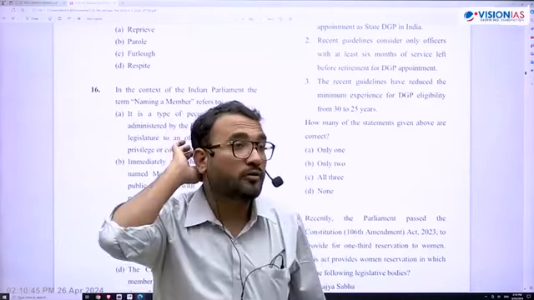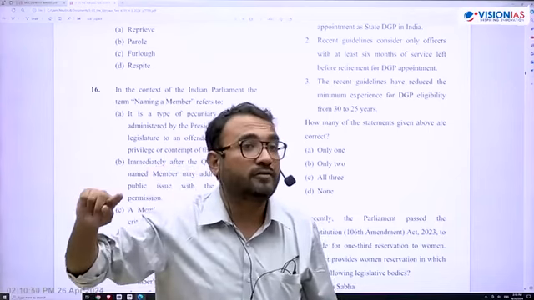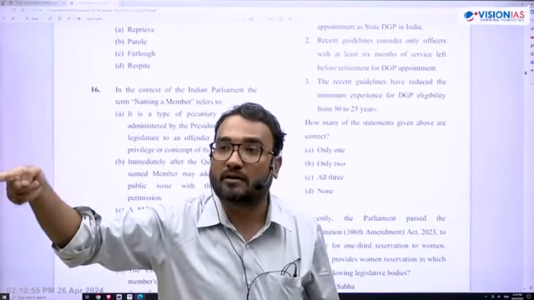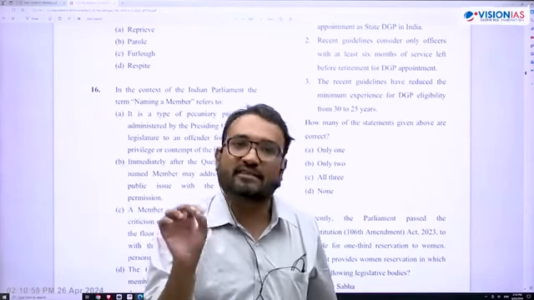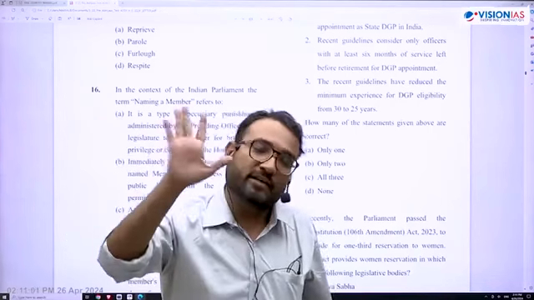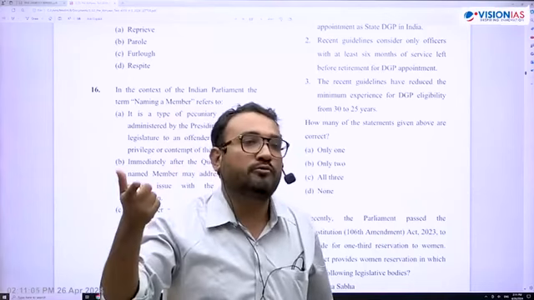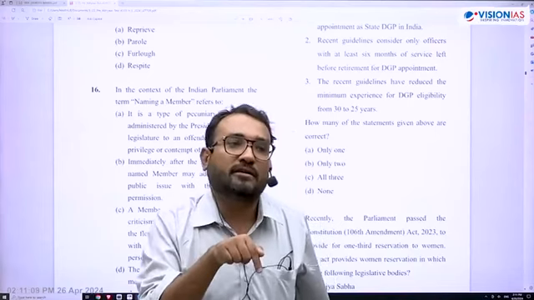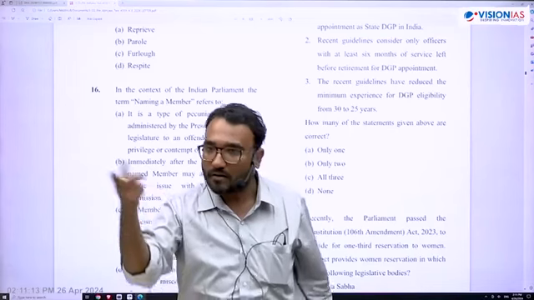According to the Rules of Procedure and Conduct of Business of Lok Sabha, the date of election of the Speaker is decided by the President. This is Rule 7 of Lok Sabha. So UPSC has already asked. I am not speaking in blank. So Rule 7 of Lok Sabha, UPSC has already asked. Rule 198, no confidence motion. Rule 204, presentation of budget. So those things that are mentioned in Lakshmikant or Vision ABHYAAS material, you can read from the primary text.